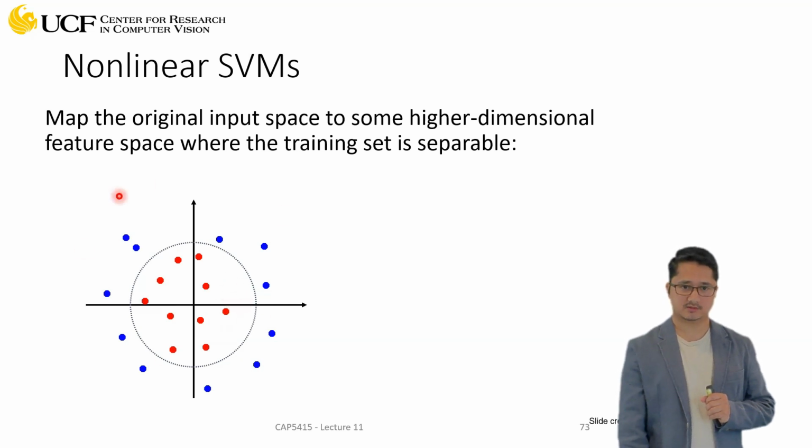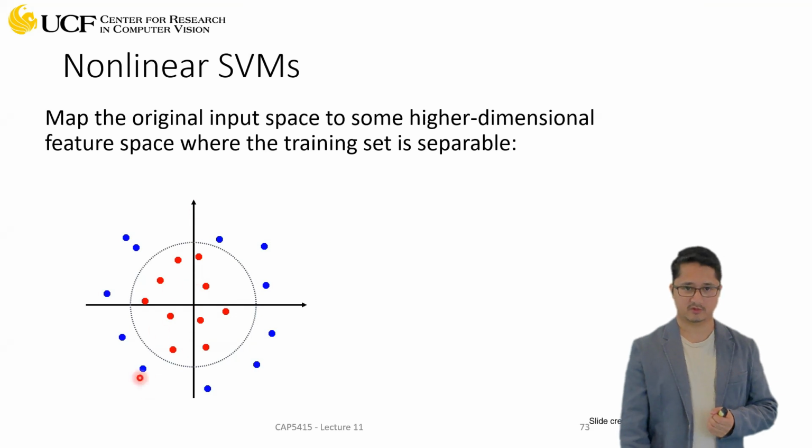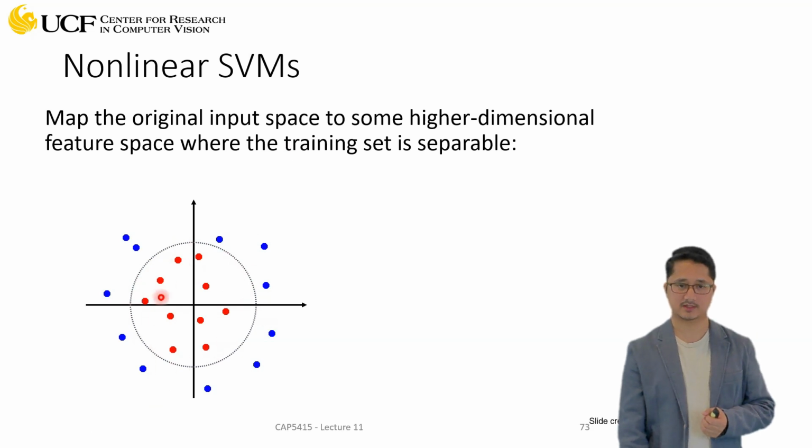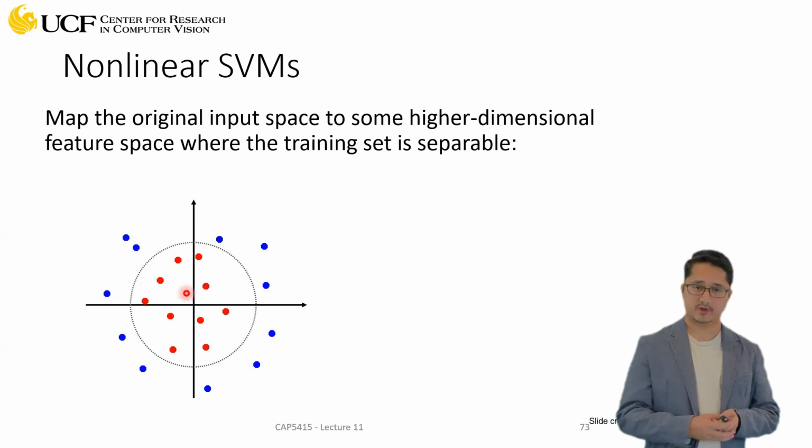Now look at this Euclidean space here. These are all the samples coming from the red class and the blue class, and you can clearly see that whatever linear boundary you try to draw, you cannot separate these two classes. But you can have a non-linear boundary. Let's say this circle, and this circle can very easily differentiate between blue and red. Okay, now what you can do is